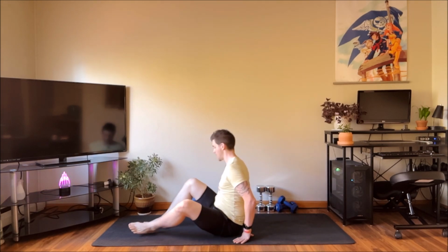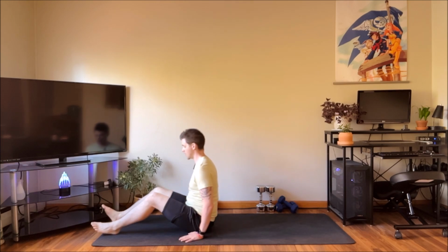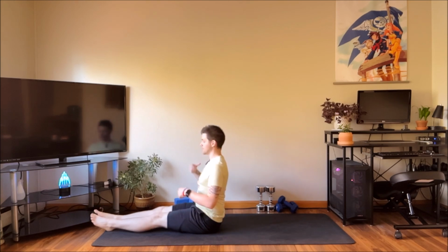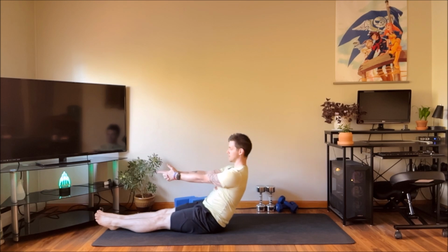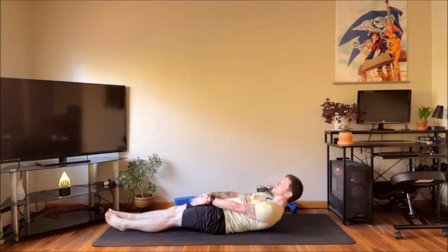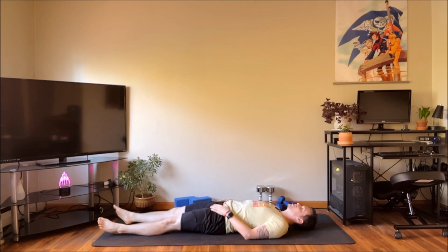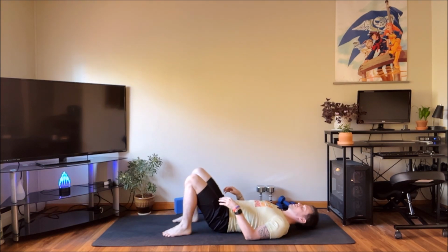We're going to come down to our back now. So make your way there however you like. I'm going to extend my feet. This is my favorite way to come down to the back. Point the fingers and roll back one vertebra at a time through the back. Engage the core. Coming down nice and slow. Oh, good. Alrighty, once you get here, go ahead and place the soles of the feet down to the ground